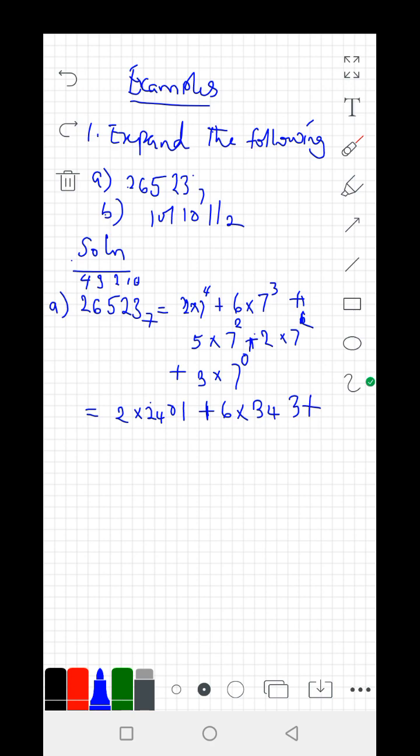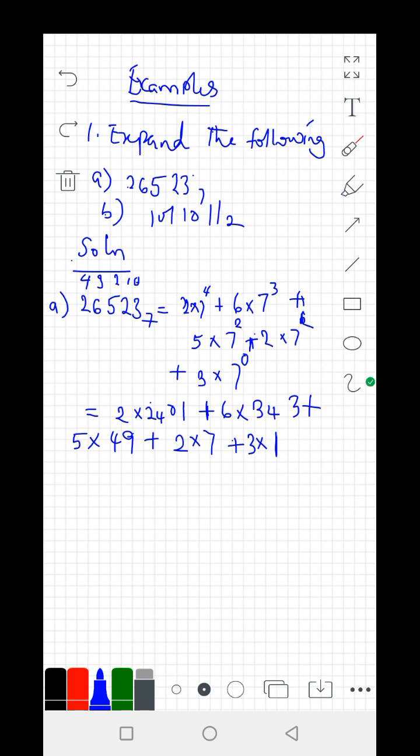7 square is what? 7 square is 7 times 7, 49, plus 2 times 7 raised to the power 1, which is just 7, plus 7 raised to the power 0. Remember from your laws of indices, anything raised to the power 0 is 1. Okay. So if we solve that further, it's 2 times